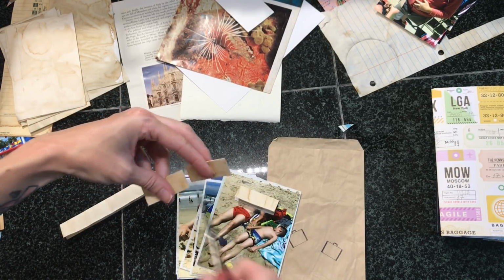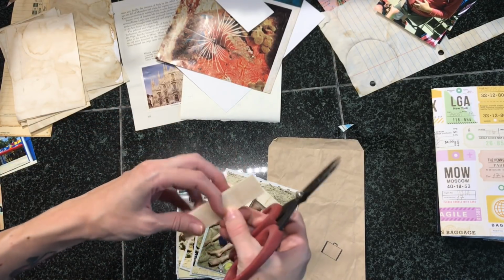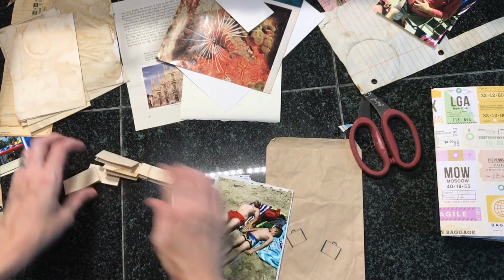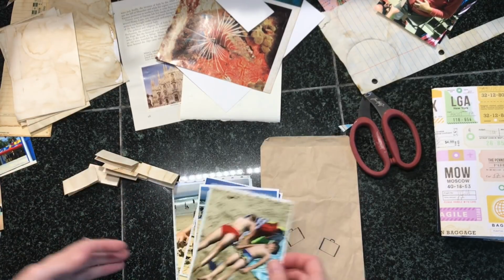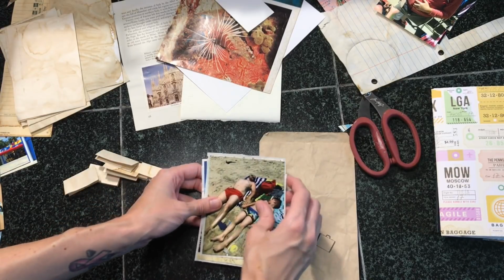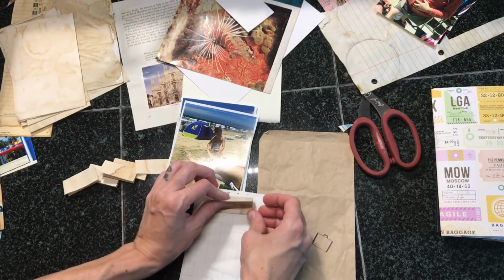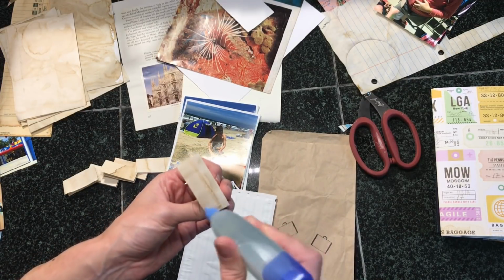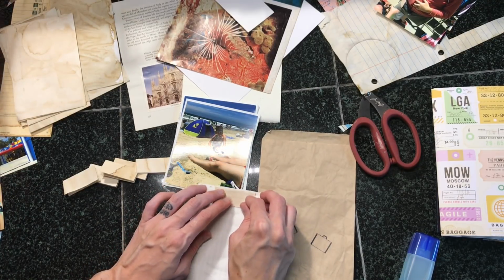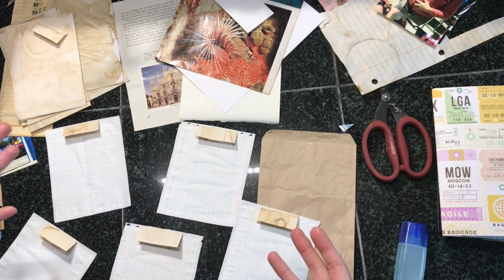And I'm not measuring these, just making them be a decent size in comparison to the size of the photo. Okay, I know that I want this photo to be on top. That's about all. Now I'm gonna actually go ahead and attach the hinges to all of the backs of the photos right now. And this is just going to kind of prepare, we're gonna get this action, oh my gosh, I can't talk. Okay, I have all the hinges on,